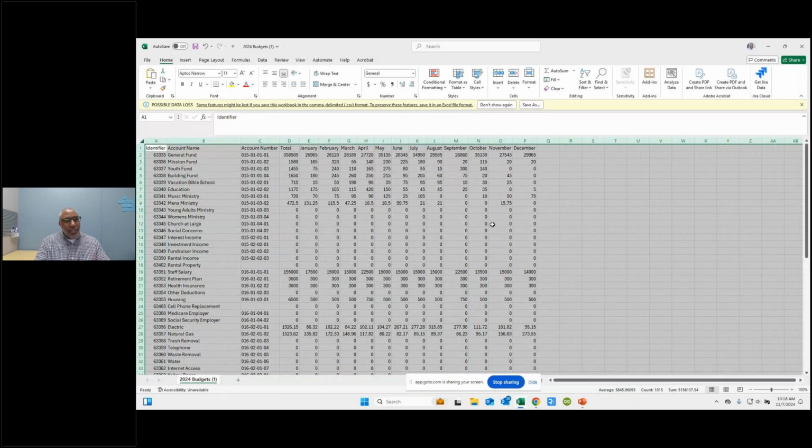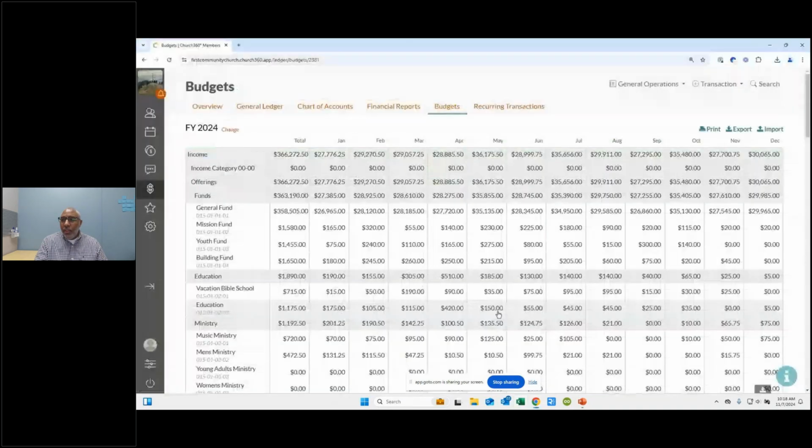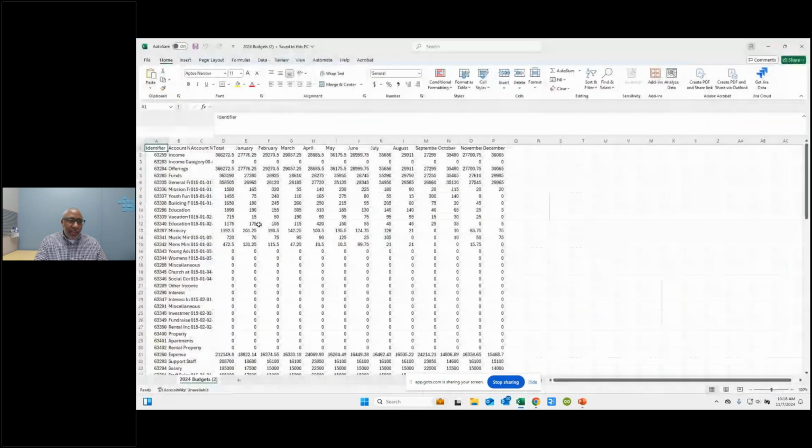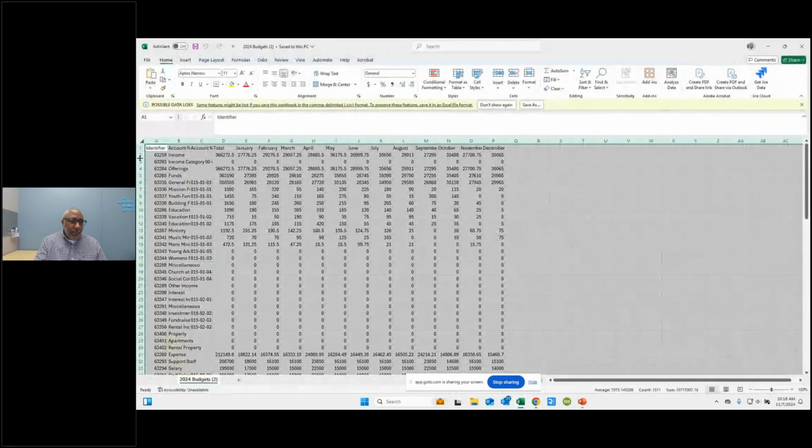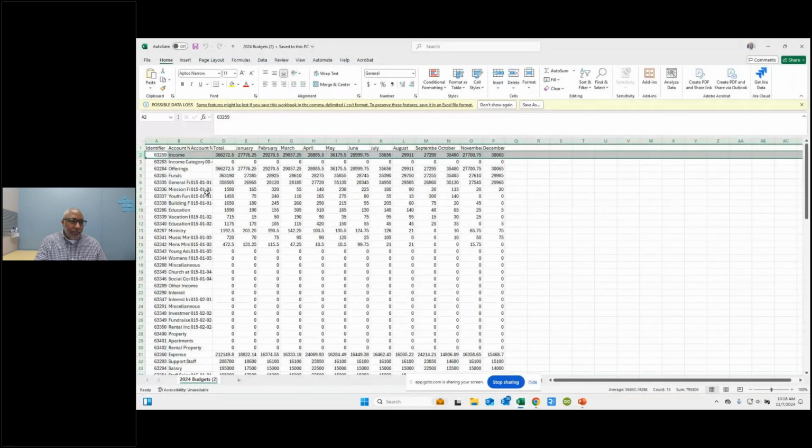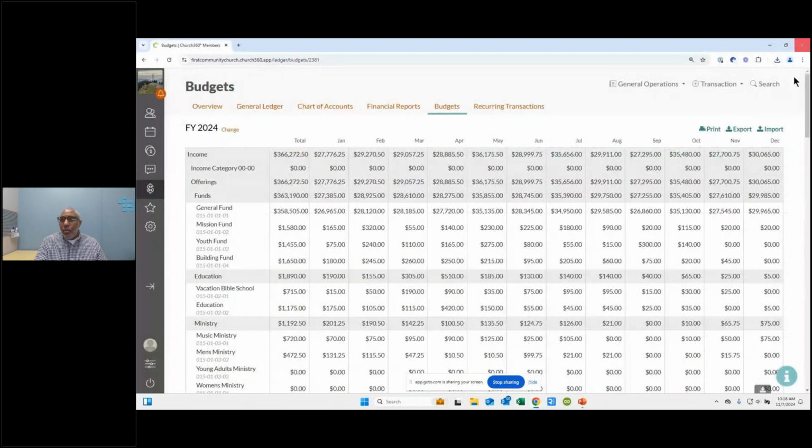Sometimes people gravitate one way or the other, but seeing it just without all of the additional parent accounts, I think makes it a little easier to read. Okay. So I'm going to close that. That's print, export, import. If you export it, then you can then import it, and that's how the importer works.